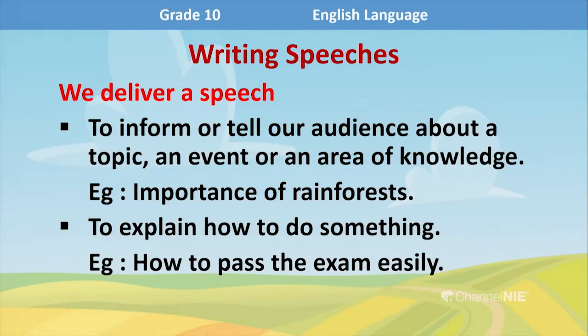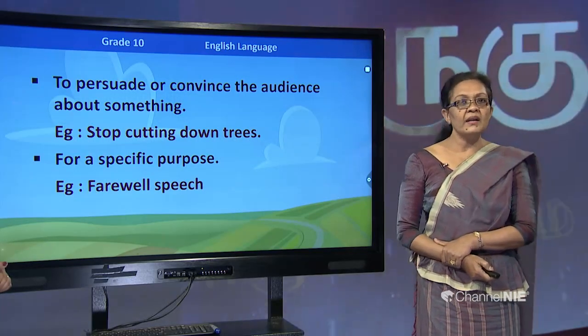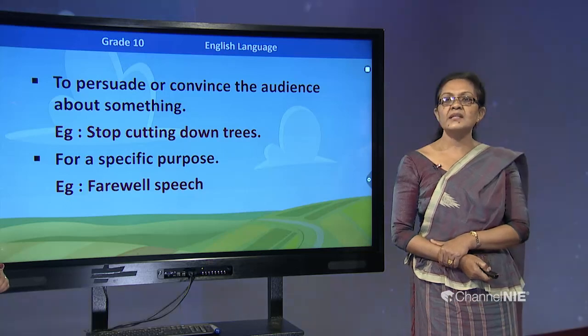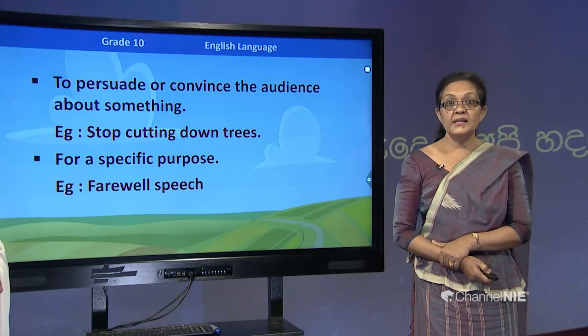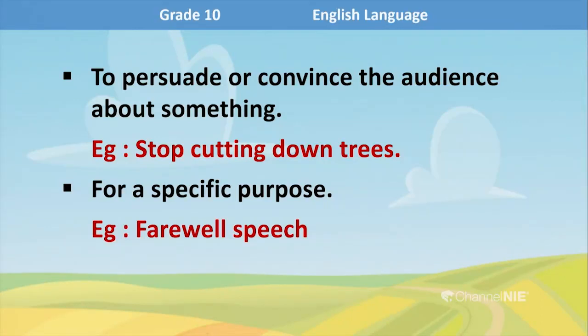Then another thing, to explain how to do something, we explain in a speech how to do something. For example, how to pass the exam easily, how to do a game, how to play cricket or something like that. Then at the same time, we deliver speeches to persuade or convince the audience about something. Example, stop cutting down trees. Through our speeches, we can persuade the people to stop cutting down trees because it is harmful to the environment. So another thing, for a specific purpose,